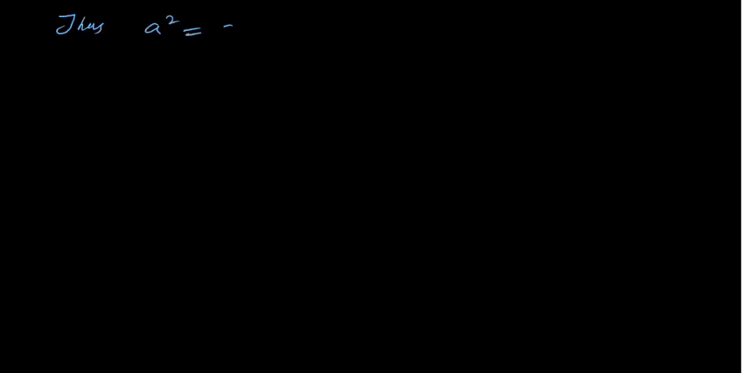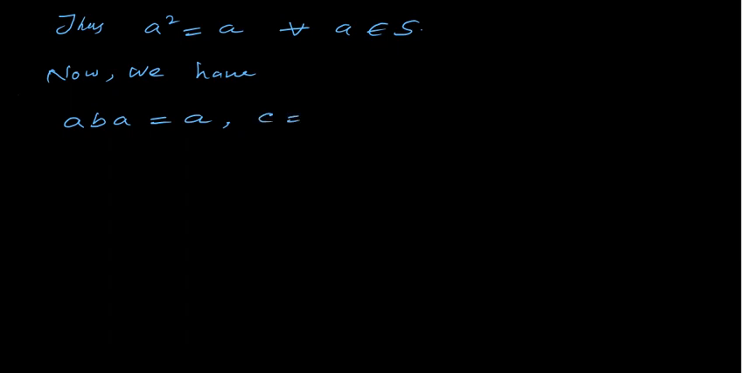Thus A square is equal to A for all A belongs to S. अब हमें प्रूव करना है ABC इज इक्वल टू AC. Now we have, आपके पास पहले ये आइडेंटिटी है ABA इज इक्वल टू A, ये आपके पास गिवन आइडेंटिटी है. ओके, और यहाँ से आपको ये भी मिलेगा C इज इक्वल टू CBC, है ना, बिकॉज इट्स ट्रू फॉर एनी एलिमेंट इन S. So A, B, C are elements in S,